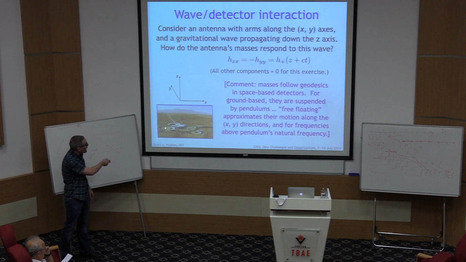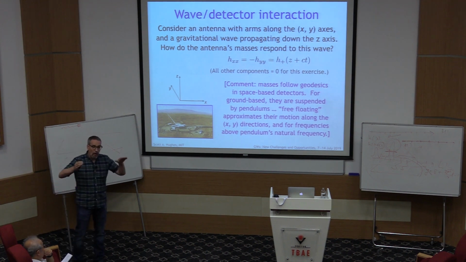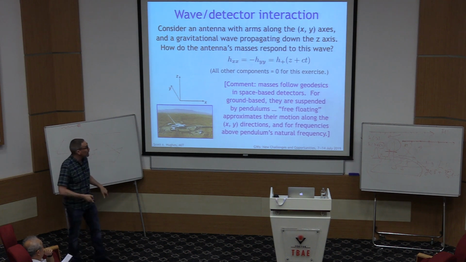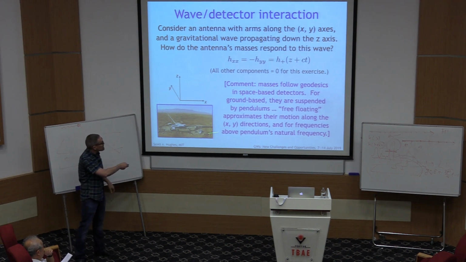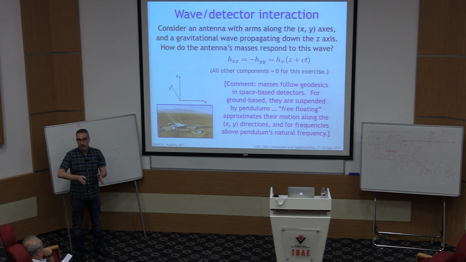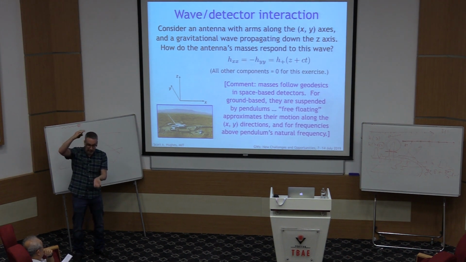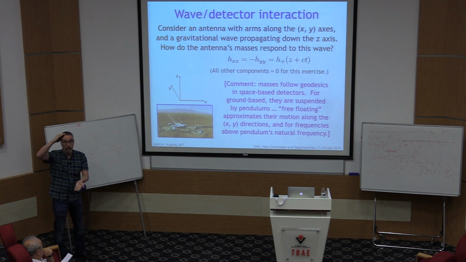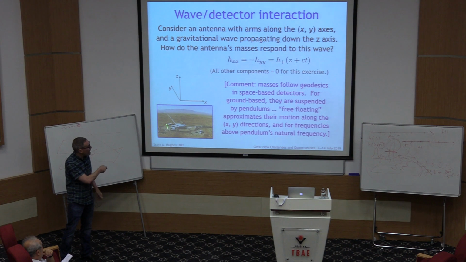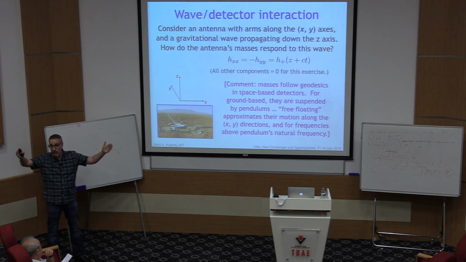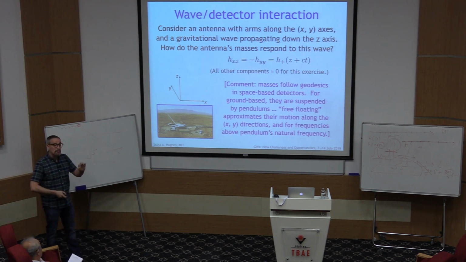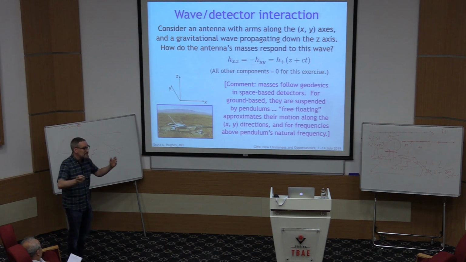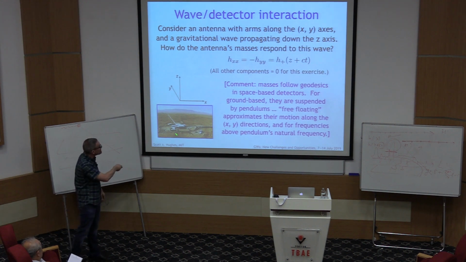In a detector like LIGO or Virgo, they are not freely floating, but they are effectively freely floating in directions orthogonal to the normal to the Earth. Obviously, you're suspending them. If they were freely falling, well, they would freely fall for about a 100th of a second, and then they would crash into the floor. But if they are hanging on well-designed pendula, we can treat them as following a geodesic of space-time in the directions